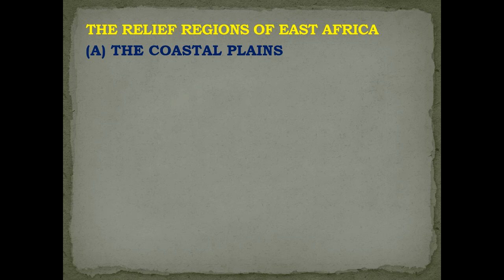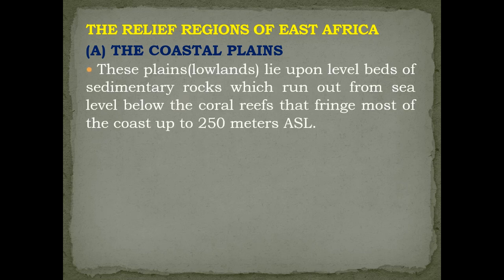So the relief of East Africa is not the same, or it's not uniform. It varies from one part of East Africa to another. And this relief, or the landscape, is divided into 4 major relief regions. The first relief region is the coastal plains. The coastal plains are low-lying lands and part of East Africa